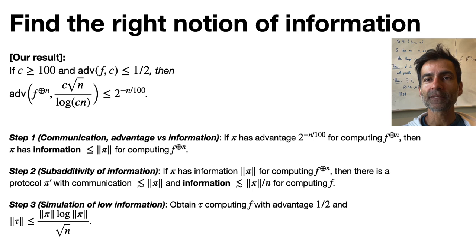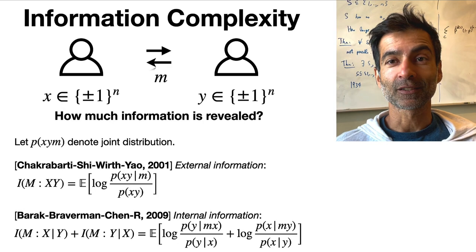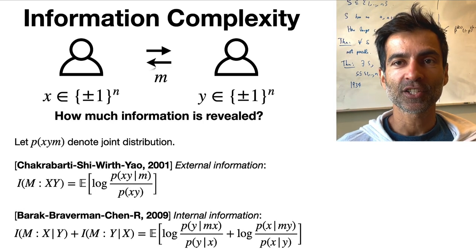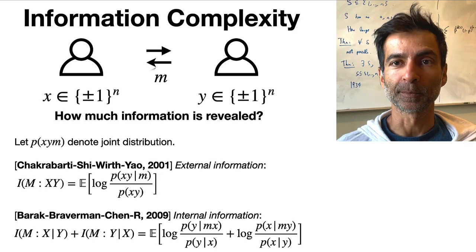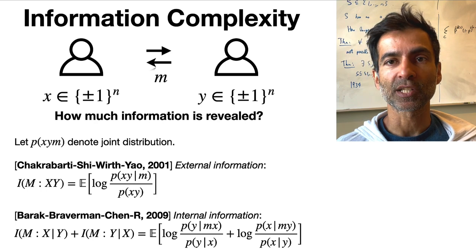And it's famously a very subtle problem, because whenever you come up with a notion of information, it has to work for many constraints that allow you to carry out all three of these different kinds of steps. So I'm going to talk about now how we got to the notion of information that we work with. That's what I'll talk about in the rest of the talk. Okay, so given our high-level strategy, now we're left with trying to find an appropriate way to measure the information. And this is what is referred to as information complexity.